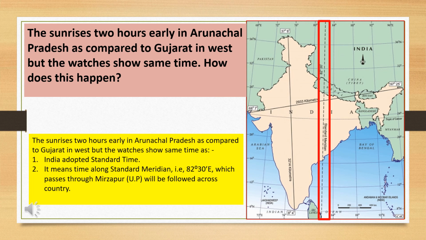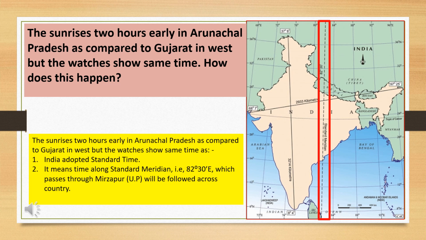Students, the problem of time difference is not only in India. Every country experiences the same problem. So in order to overcome this confusion of time difference, all the countries of the world have decided to adopt a standard time of their own, which will act as the local time for their country. And they decided that the standard time should be a multiple of 7.5. So on those guidelines, India also adopted a standard time.